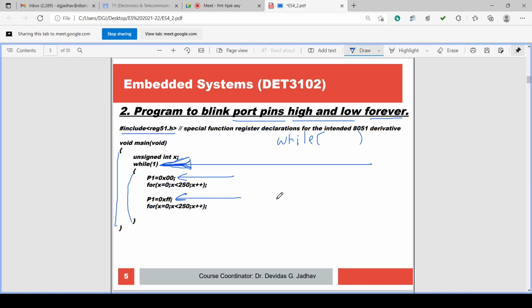So for, we have seen two types. One is considering the next block of instructions as a part of for, and these fors are only executing itself. They are not considering the next instruction as a part of the for, because they are delimited by semicolon. So this while 1 is having the block from curly bracket to curly bracket, but these fors are not having the block. Due to while 1, it is executing forever.